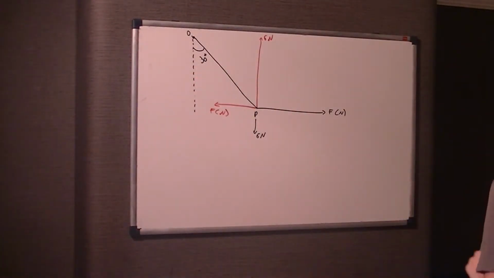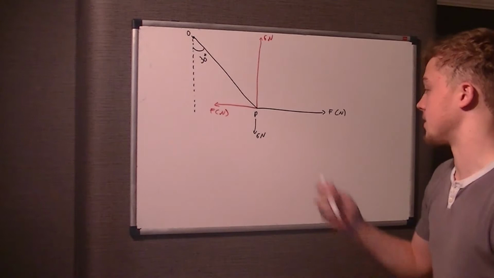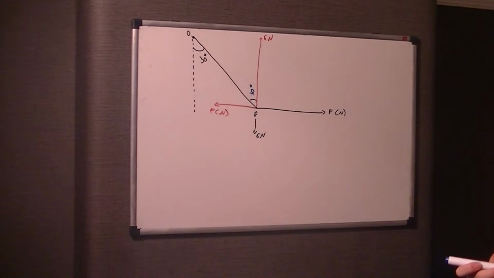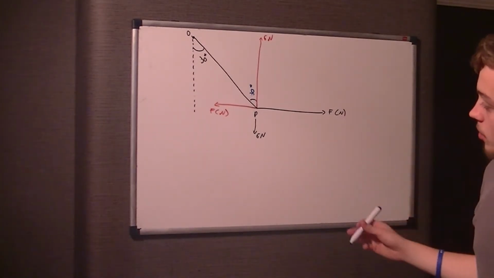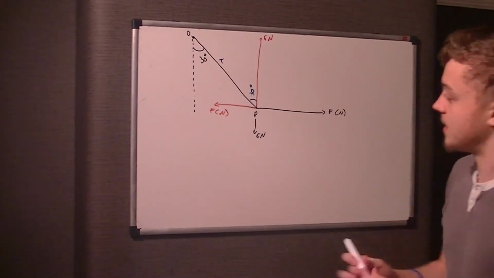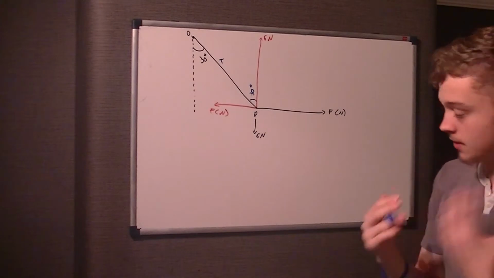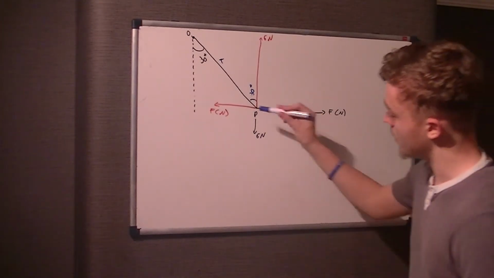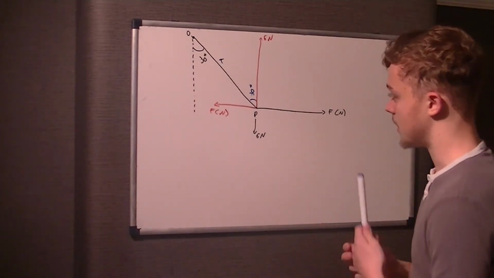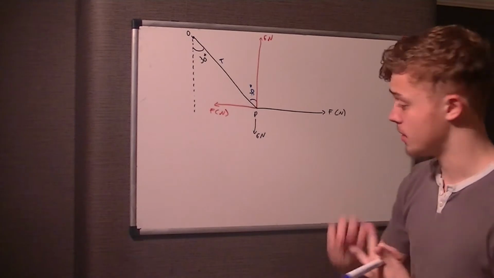Okay, so we are asked to work out the tension in the string. Now, using the idea of parallel angles, which you should know from way back in GCSE, the angle there is also 30 degrees. So we've still got a sort of right angled triangle here. What we want to know is the tension in this O to P. This is essentially what we're trying to find out. We know the angle, we know what the adjacent is. So we're working with the hypotenuse and the adjacent, so obviously we're going to